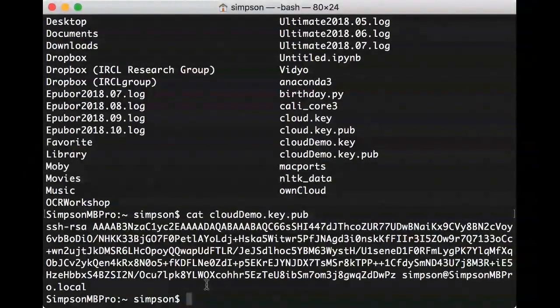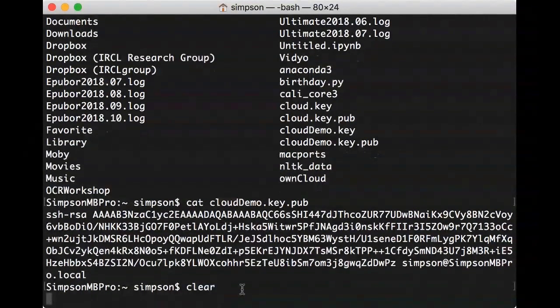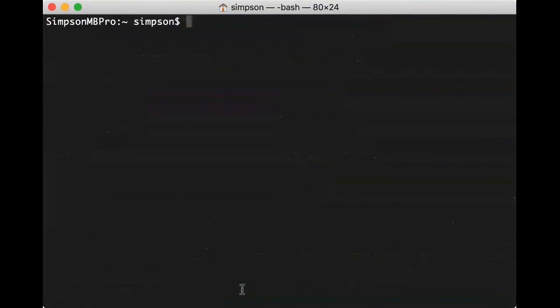You should see the terminal window again. I'm going to type clear, which just moves the prompt up so that it looks a little cleaner for us and should be easier to follow along. And now I need to access that virtual machine. So to do that, this is the command to do it.